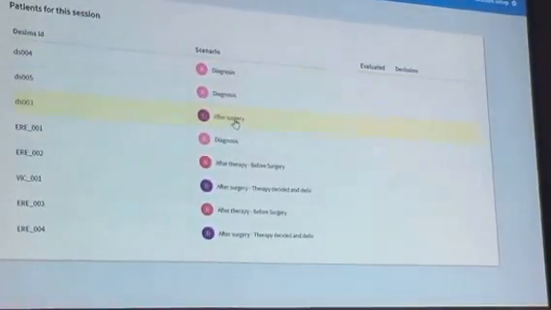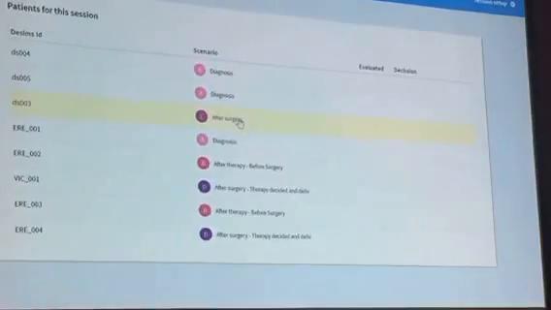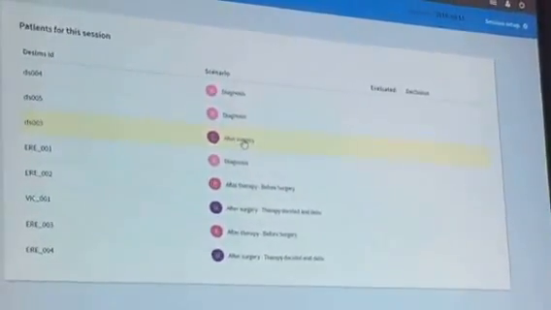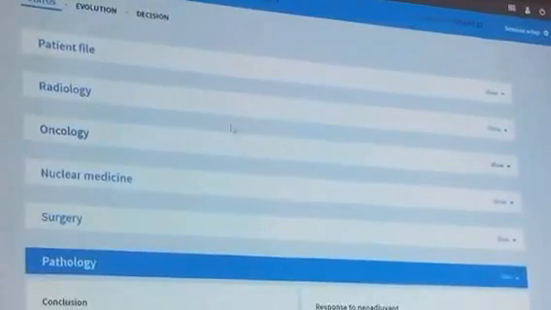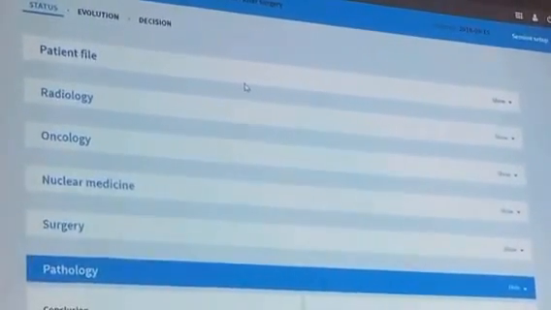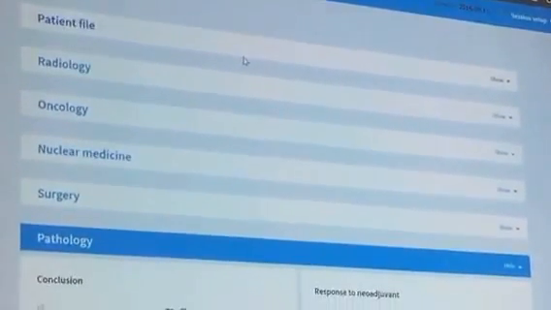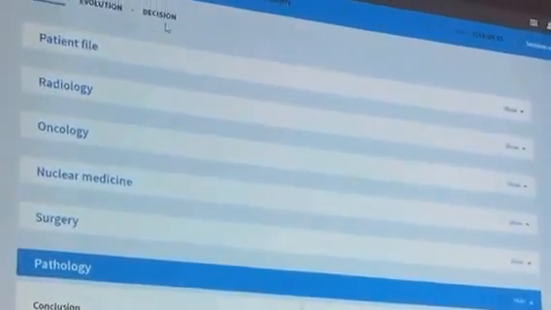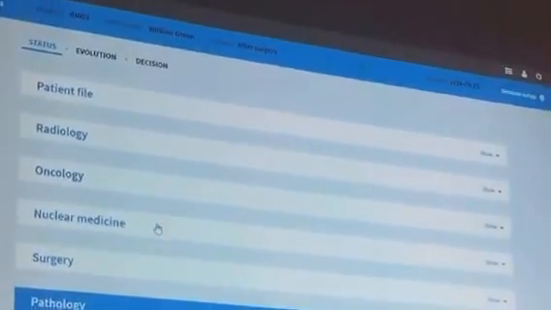So we go again to the same patient. The decision was to do the surgery. We can see after surgery what the information is, because there are several decisions for each step. In each step, the breast unit will take a decision. So here we see that after the surgery,